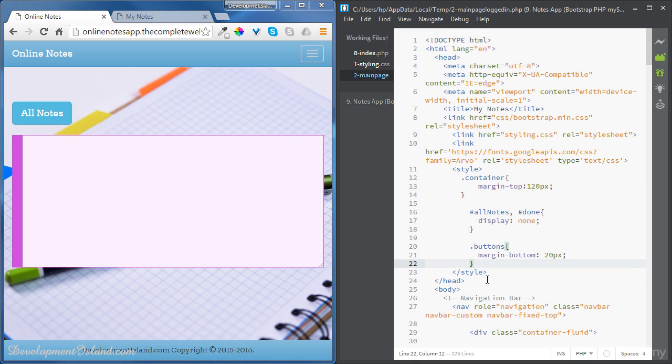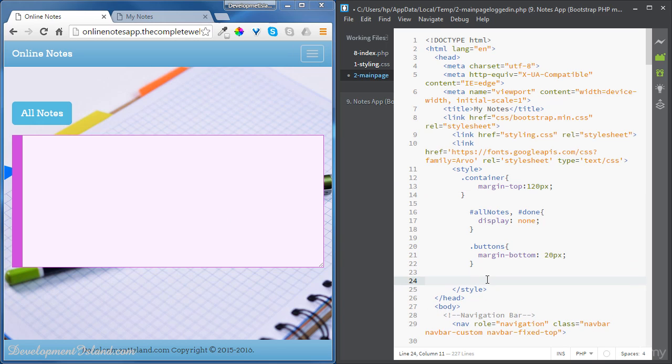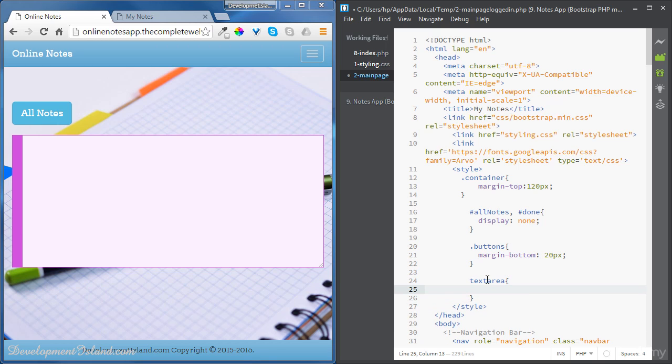So let's select the text area using the text area tag. Okay, because we have only one text area. And let's start with the width attribute, and let's set that to 100%. Okay, so